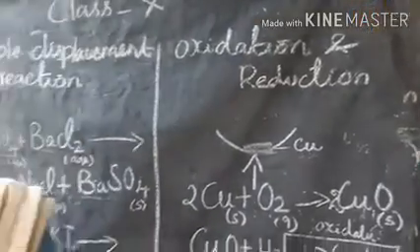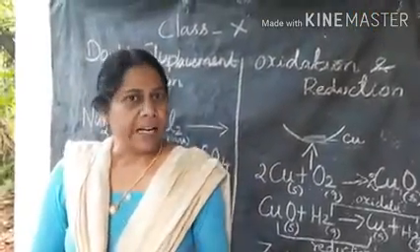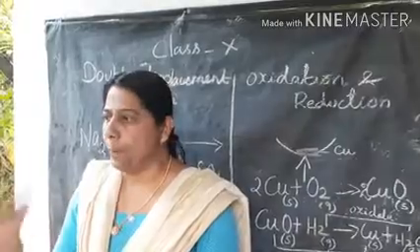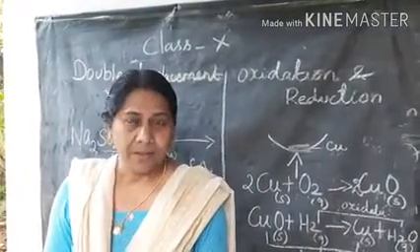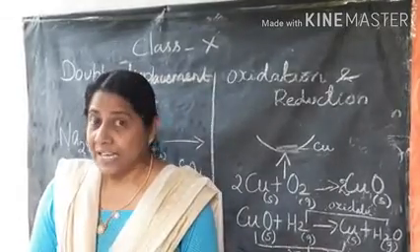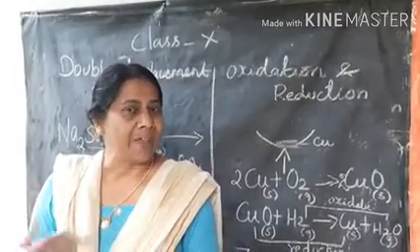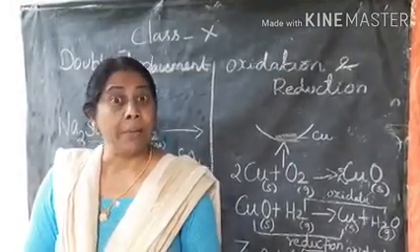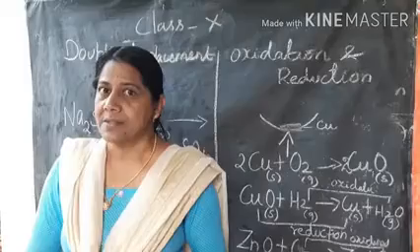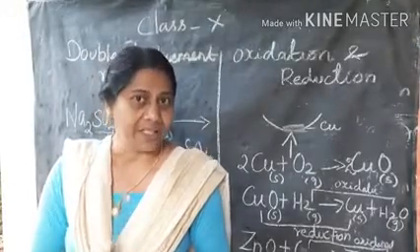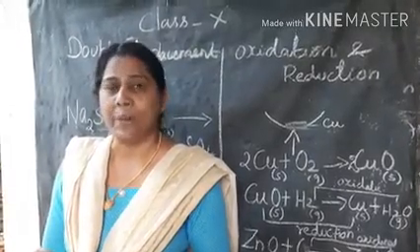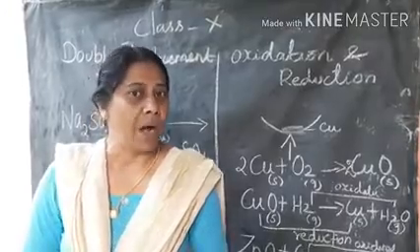The last one, let us see what is corrosion. Already I have told you, when iron particles are kept open in the air for long days, a reddish brown coating is formed, is it? So that is called rusting of iron. Not only iron, some of the metals are there. For example, copper particles exposed in air form a green color coating. You could have noticed it in your kitchen. When these articles are exposed in air without washing for many days, automatically a green layer will be formed on copper.